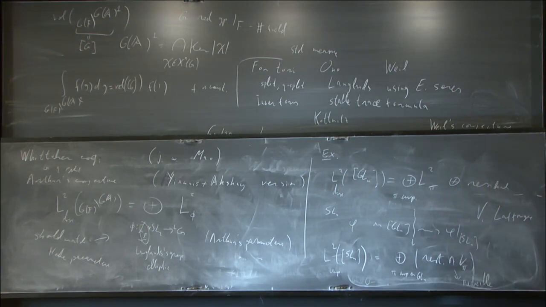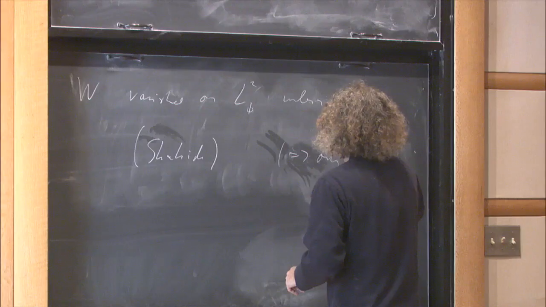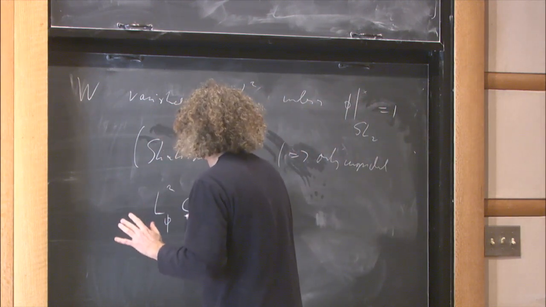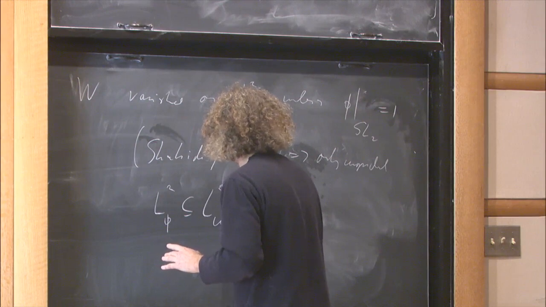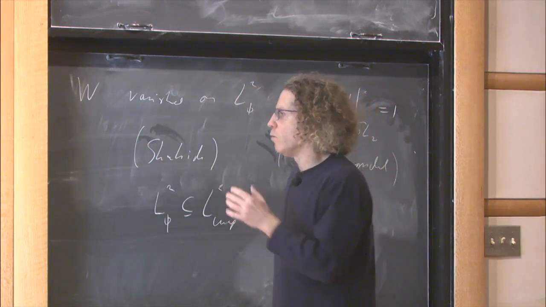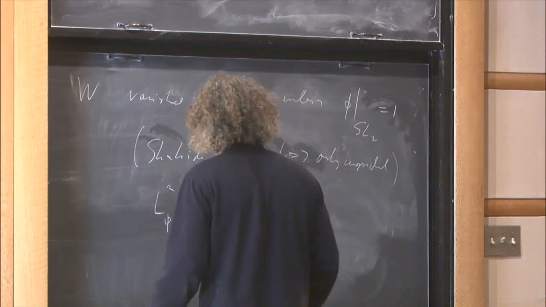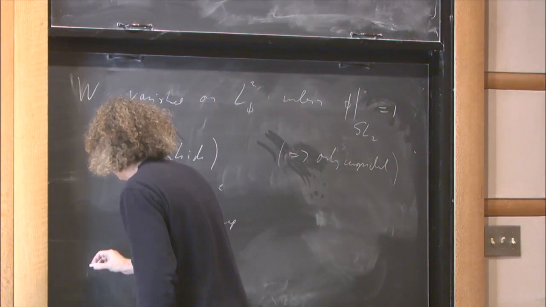So that implies actually no, so only cuspidal part. So in other words, the L2 phi is contained in the L2 cusp. Okay. Now, the L2 phi, in as much as it makes sense, I claim that for any such phi